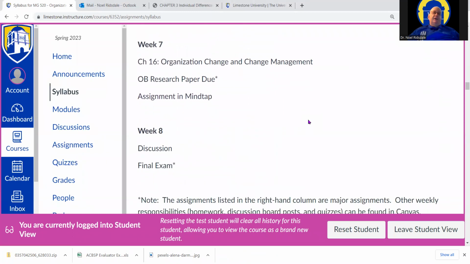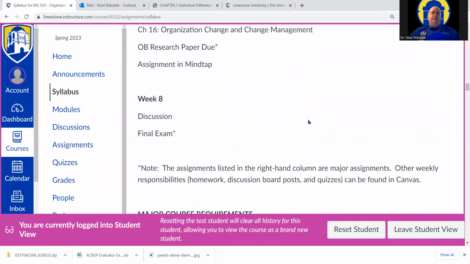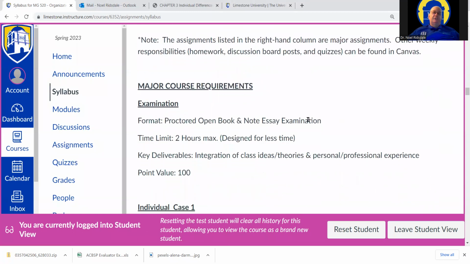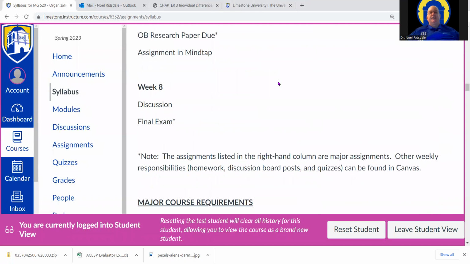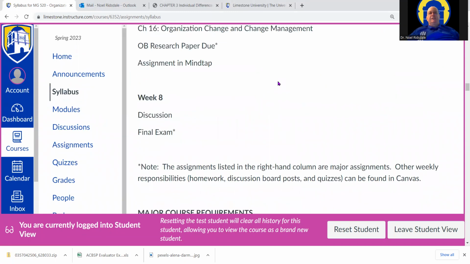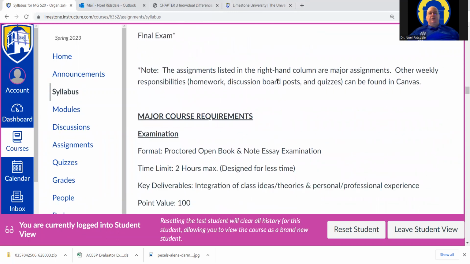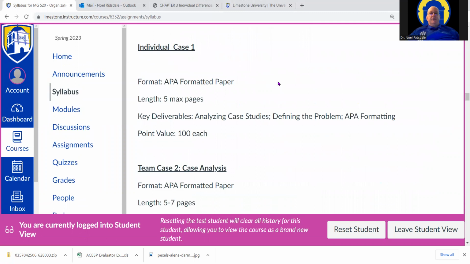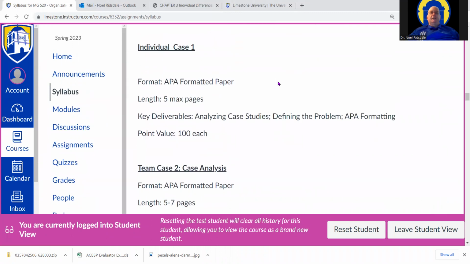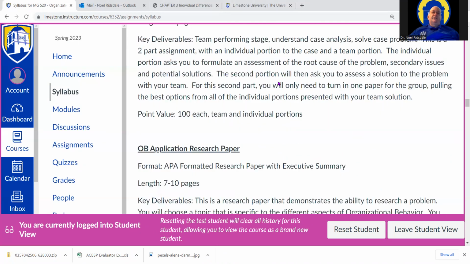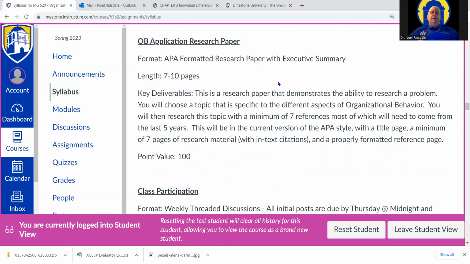You also have a research paper due at the end of week 7, which has a different due date that actually will be on a Friday, not Sunday. Takes me a little bit of time to get through those. They're pretty extensive usually, and I need a few extra days to get those graded before we post grades. Okay, so these talk a little bit about each of the cases and the paper.